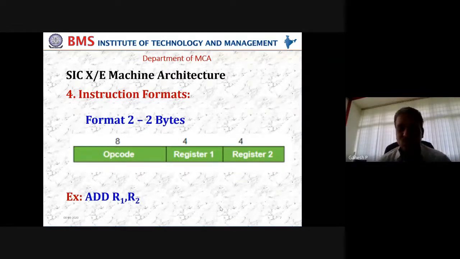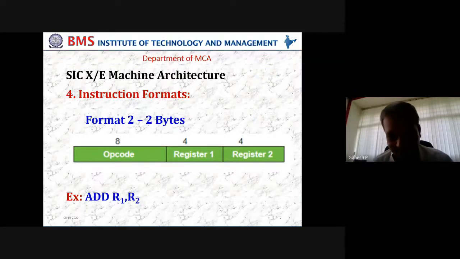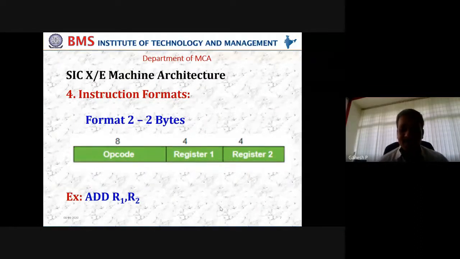Next, why is it only 4 bits for register 1 and register 2? Why not 3 bits? Why not 8 bits? Why not 5 bits? Why only 4 bits? So any answer for this or any inputs? Why not 3 and 4, or 5 and 4, or 5 and 3? Anyhow, 8 bits are there.